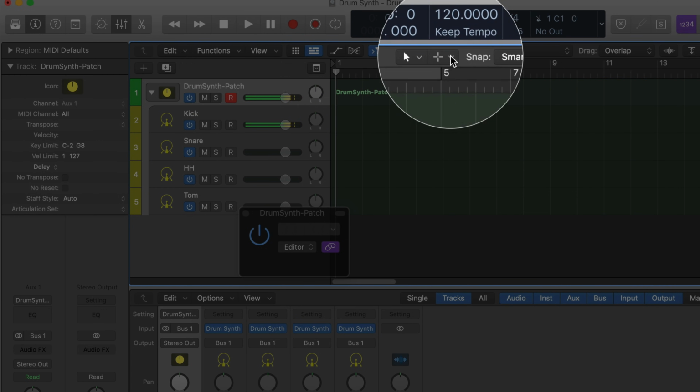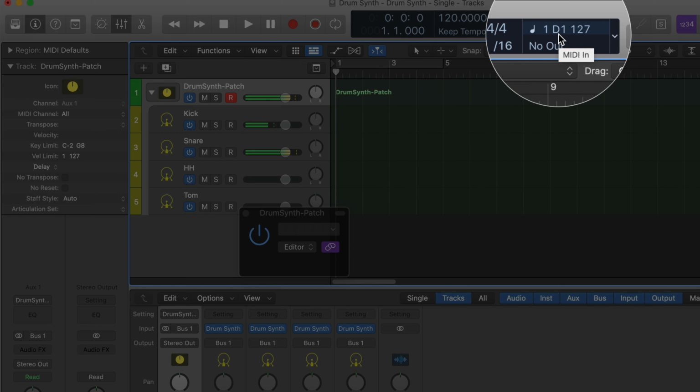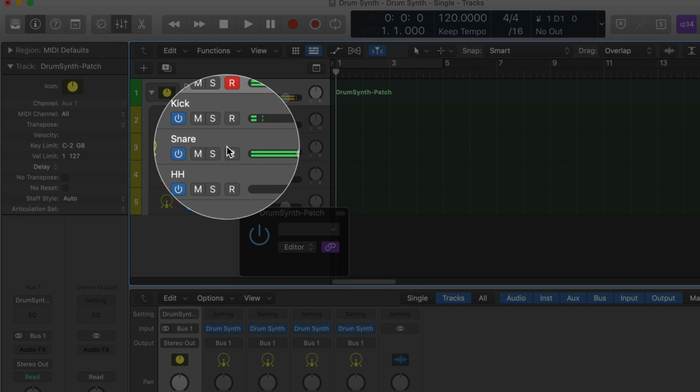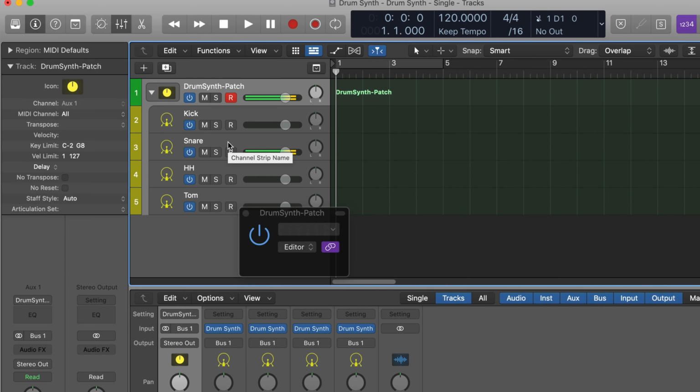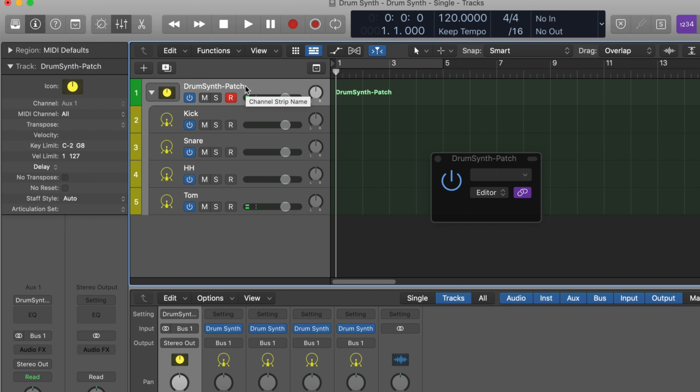But if I play D1, then the snare reacts. Same thing if I play F sharp, the hi-hat track reacts. If I play tom, that one reacts. So one summing stack, and you can create as many tracks as you want, so you have everything playable at once with your keyboard. So now if you play groove,